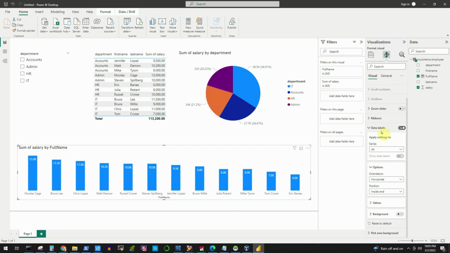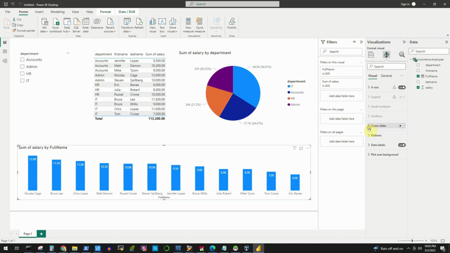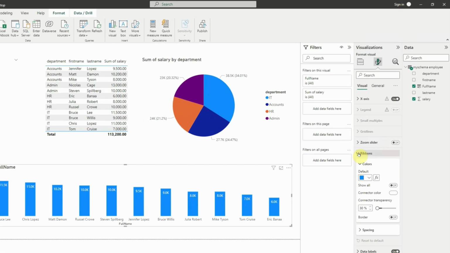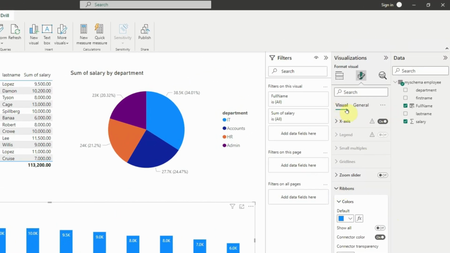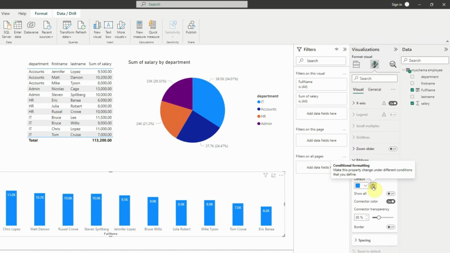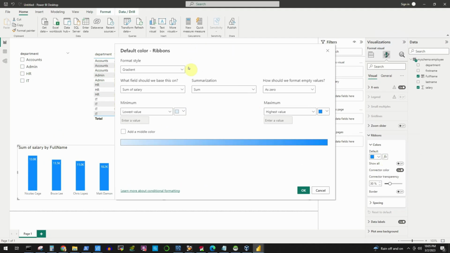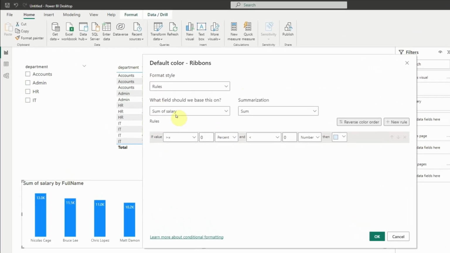To do that, we will go to this ribbons options under the visuals, and here if you see, there is a conditional formatting next to the default color. So that conditional formatting will give us the options to set the color as per their values. So we'll click on this FX and we will select the options like formatting style will be rules, and the